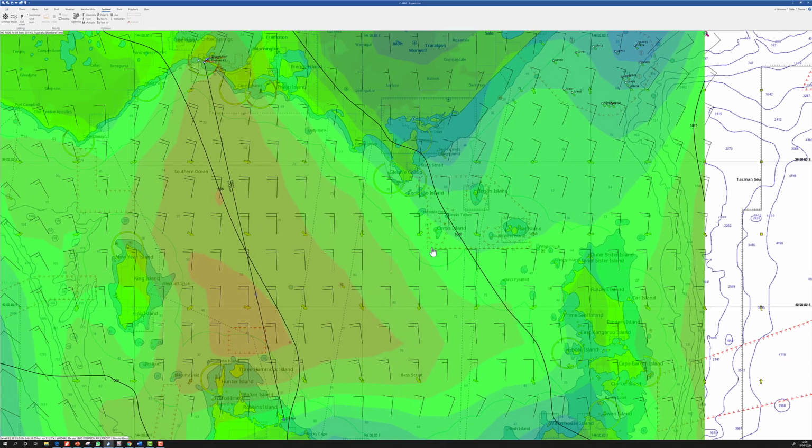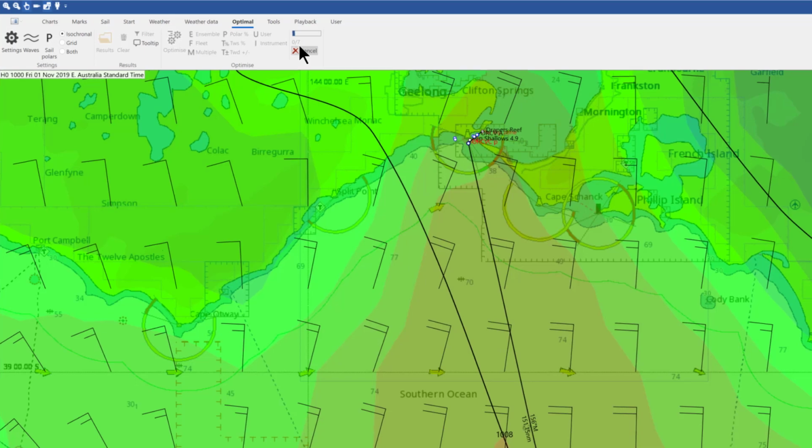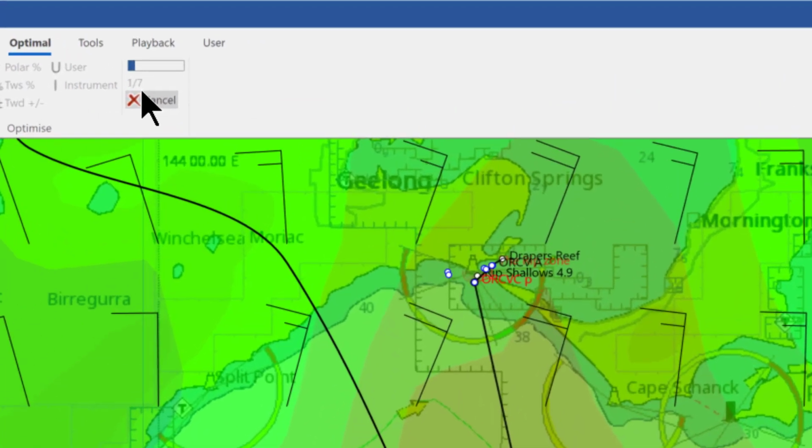and then say OK. Okay, so the first thing is it says 0 of 7, so that's a good sign. So now what's happening is it's running a route. The first route leaves on the 2nd of November, just after midnight. Then the 3rd, 4th, 5th, 6th, 7th and 8th of November. So we'll end up with 8 days of routing. And the idea is that you'll go through a weather cycle in that time so that you'll get a sense of the various options